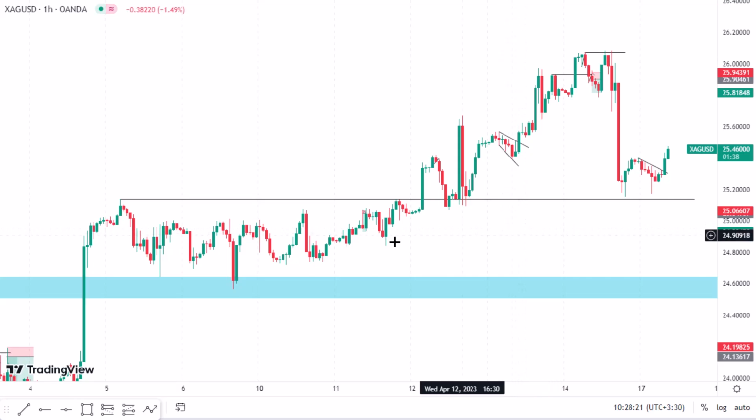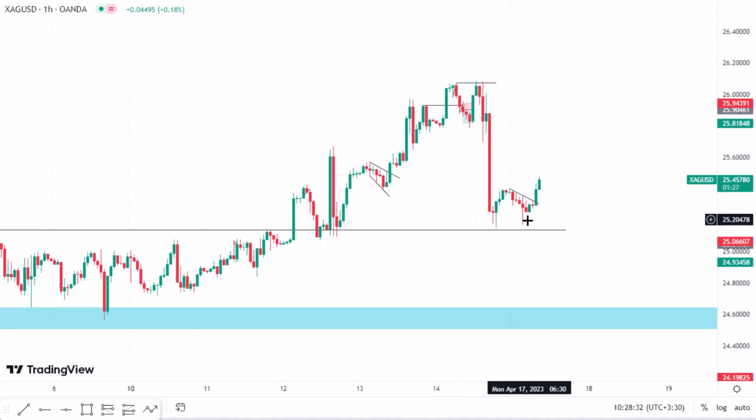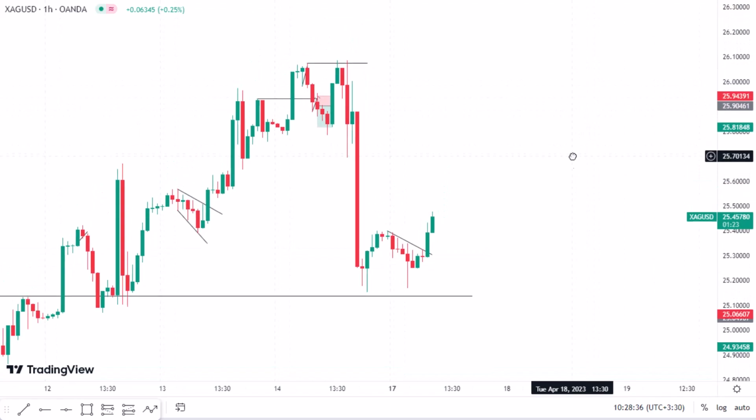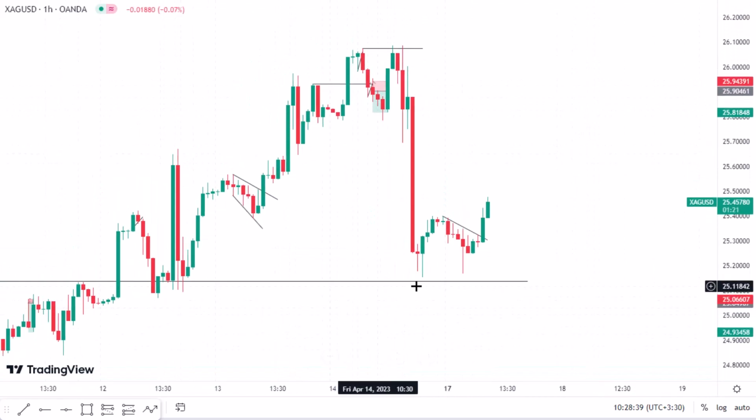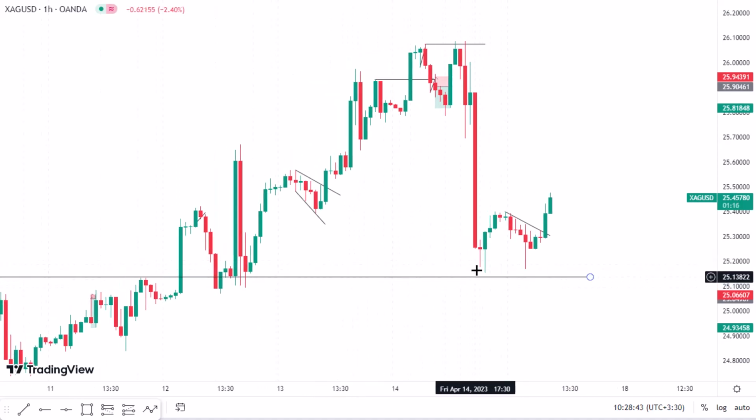It is actually a support which was a resistance for the price, and when it breaks to the upside, it makes a pullback to this level and starts going up. Right now we can have this resistance as a support here. It's true that it didn't completely touch it, but it's okay that it is near that level.